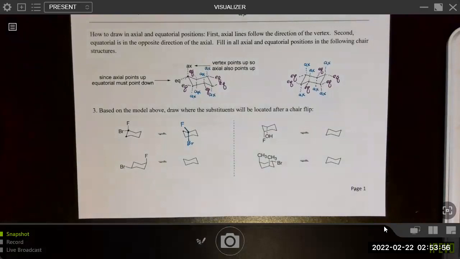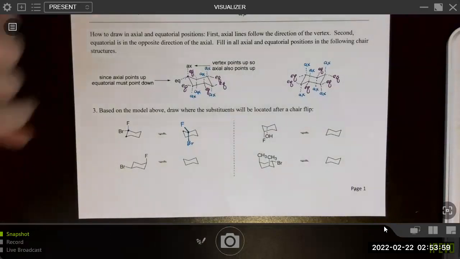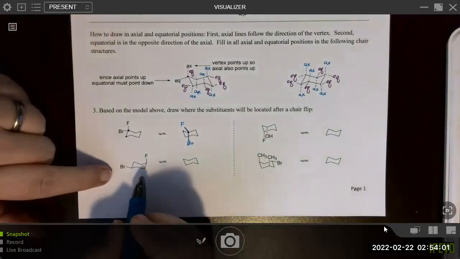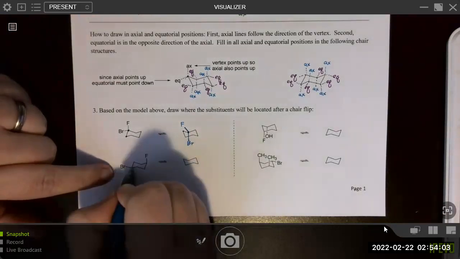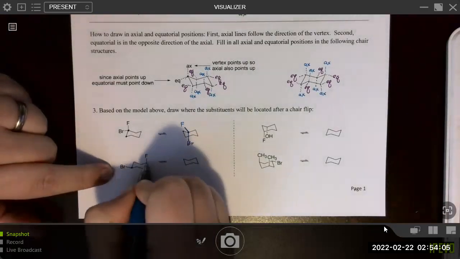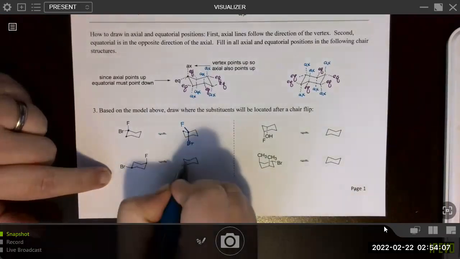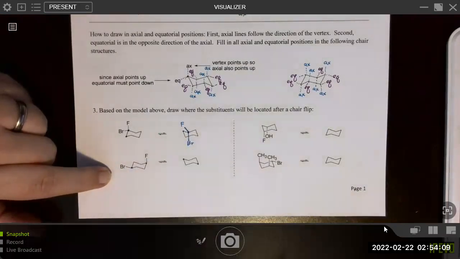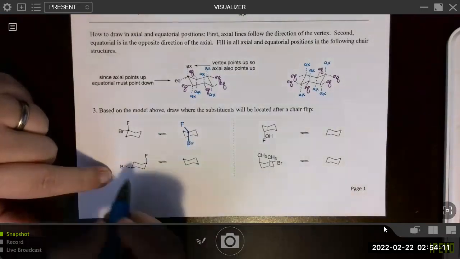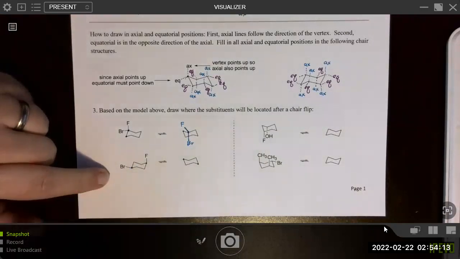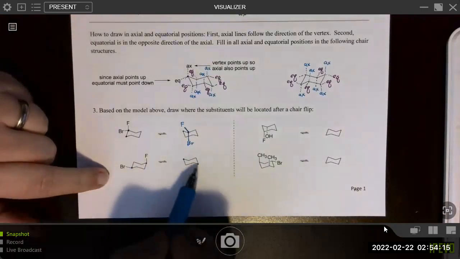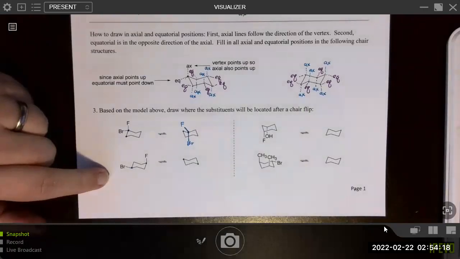Okay, so let's keep working on these. So let's do this next one here. Right, so these two carbons are the ones that sort of flip up and down. So they end up pointed the opposite direction in the other one. So this one is, I think, fairly easy because it ends up still at the two easier to identify carbons. Right?